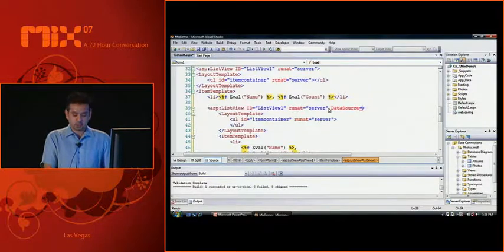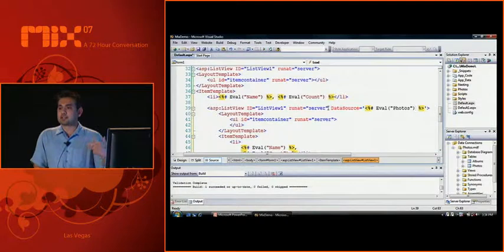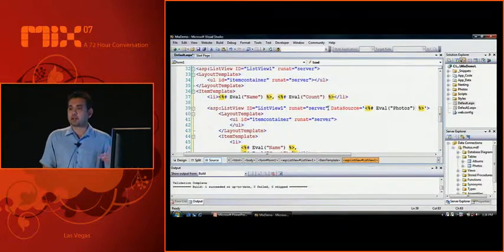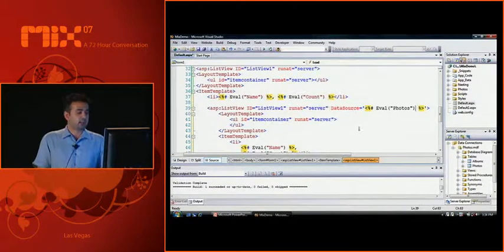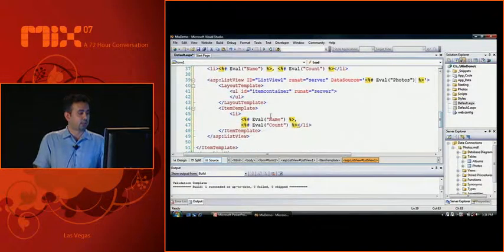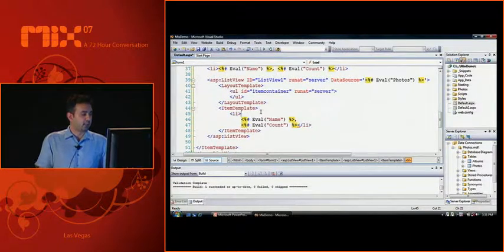So we'll do an eval here, and as this nested list view gets generated for each album record, we're going to eval the photos object and then bind that photos object to this nested list view. The next thing I want to do is change the format of how it's going to display. I don't want to display the name and count. I actually want to display stuff off of the photos object. So I can change this to basically show